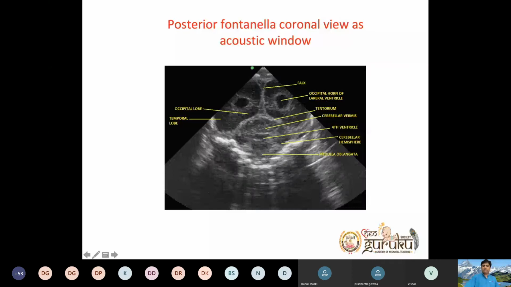So inside the tent you have your cerebellum: two cerebellar hemispheres, and in between you get your cerebellar vermis, and part of the medulla oblongata, depending on what frequency of probe you are using. Suppose you want to see near structures, try to use a higher frequency, or if your machine and probe allow variation, you can increase the frequency, and simultaneously you can decrease it.